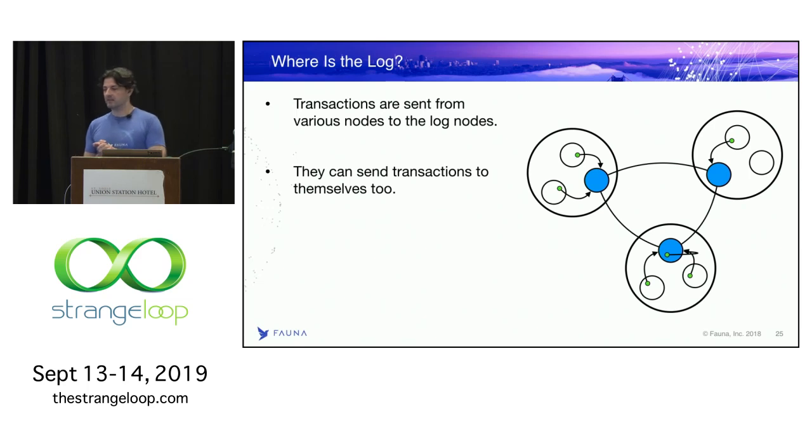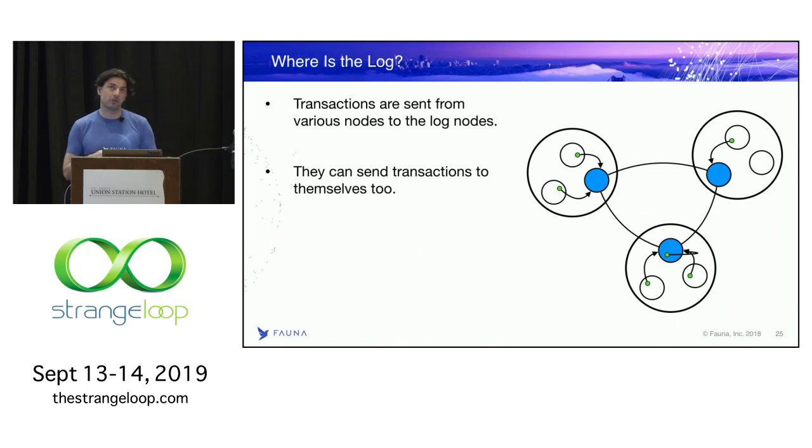So what happens is that clients connect, and I have not pictured the clients here, so the little green dots are the transactions, and the white circles would be nodes that can act as query coordinators. Clients connect to them, they run transactions, they prepare the batch, which is the transaction, the read effects and write effects, as I said, and they send them into the transaction log. Obviously, a node can serve multiple purposes, so it can be a coordinator and a data node and a log node at the same time. So some of those can even be sending transactions to themselves, which actually is pretty cheap.